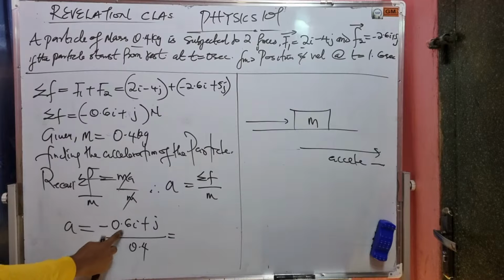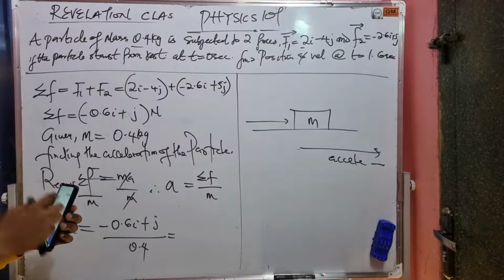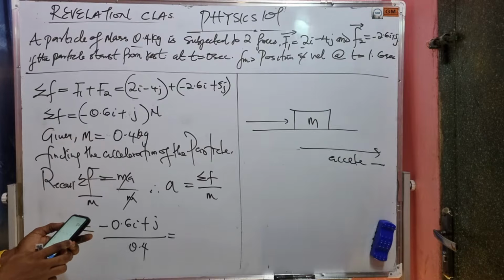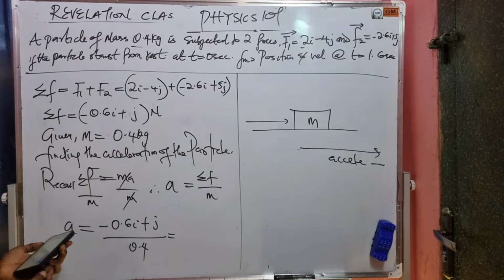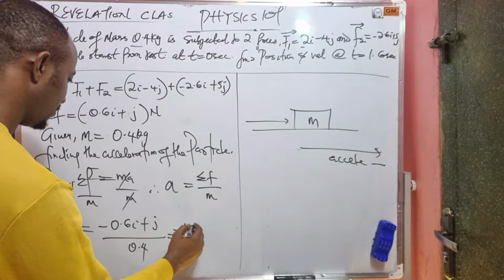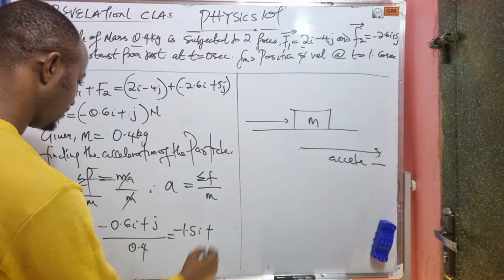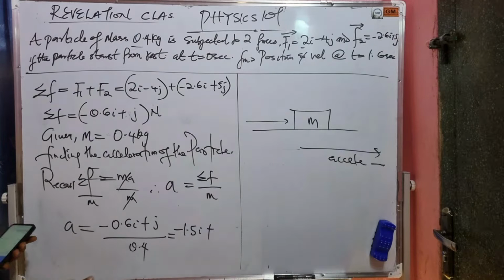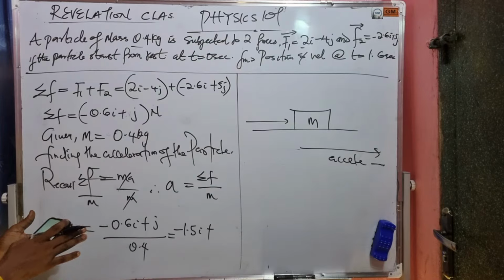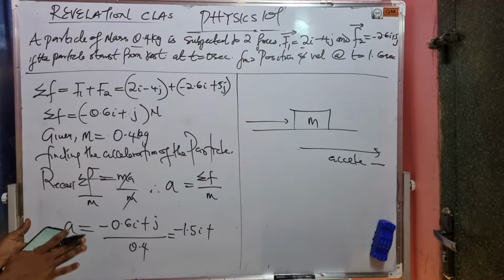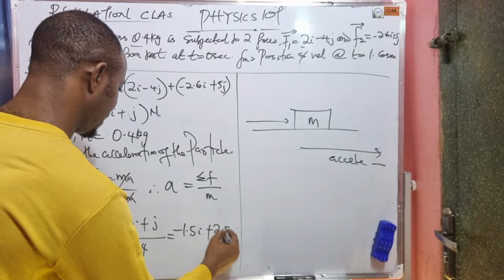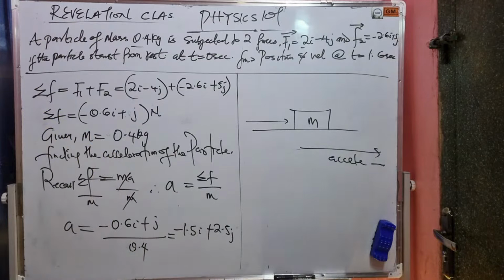Okay, I will divide 0.6 by 0.4 and see what we're going to achieve. 0.6 divided by 0.4 is about minus 1.5i. Then divide 1, this is 1j, by 0.4. 1 divided by 0.4 is about 2.5. Here we have 2.5j. Okay, so that means that,